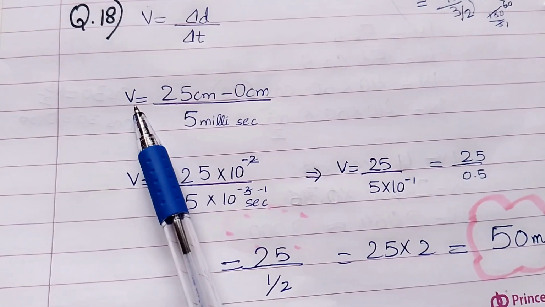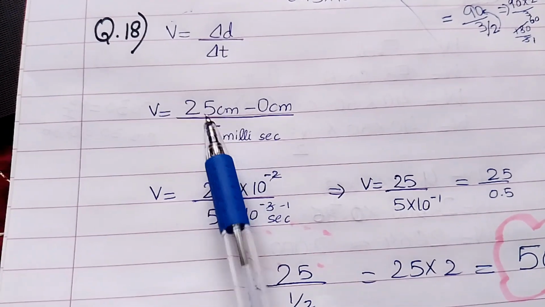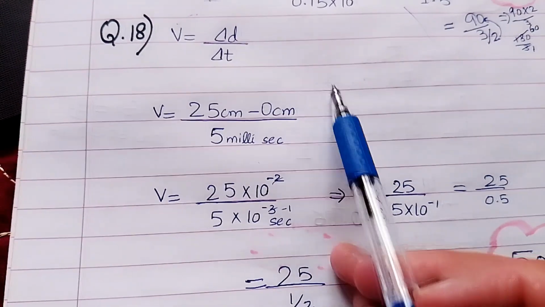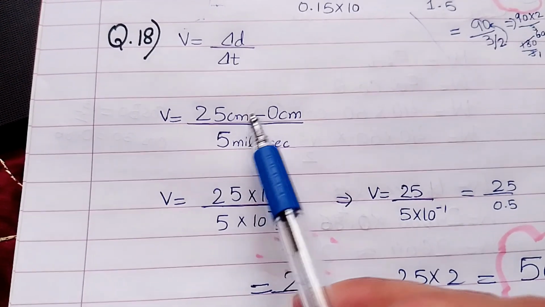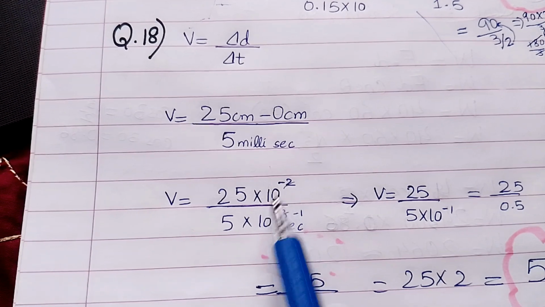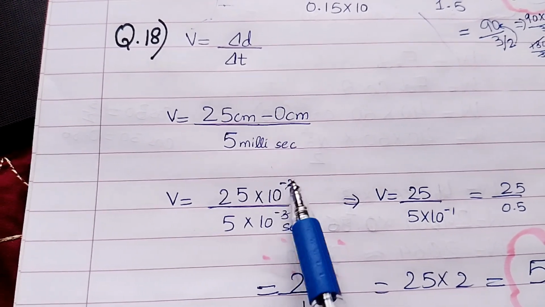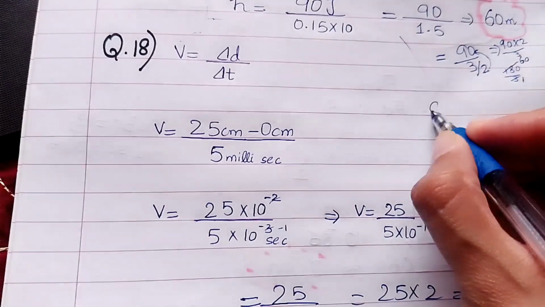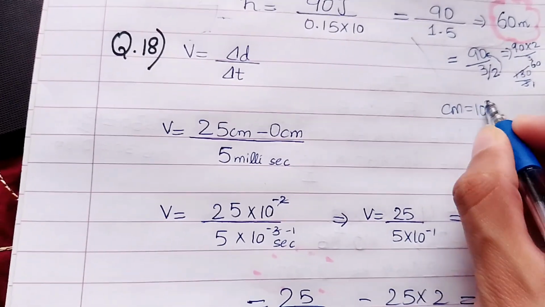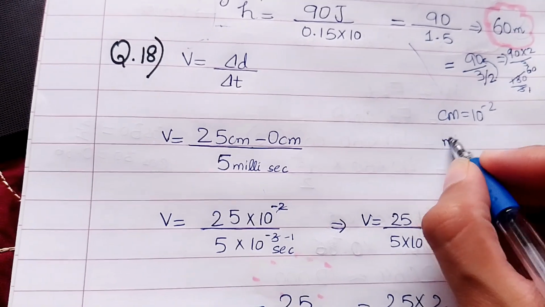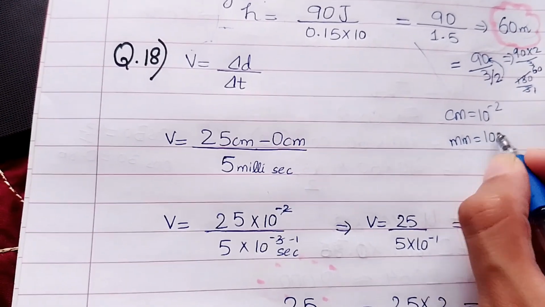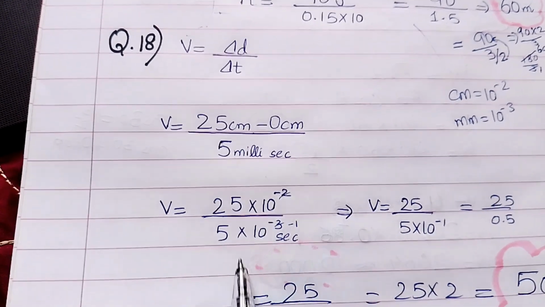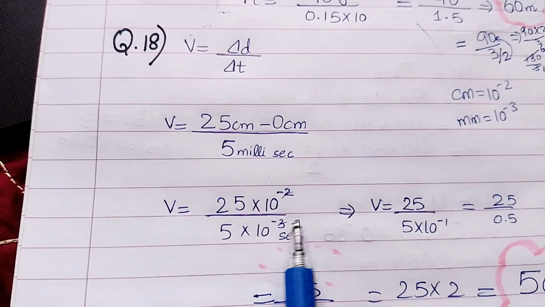The final distance was 25 centimeter and the initial distance was 0 centimeter. We can convert these units into meter by simply multiplying by 10 raised to power minus 2, that is centimeter is 10 raised to power minus 2, and millimeter is equal to 10 raised to power minus 3. And they said that time was given in millisecond, so we can multiply it by the exponent minus 3,